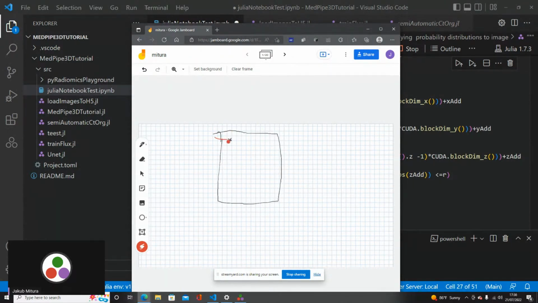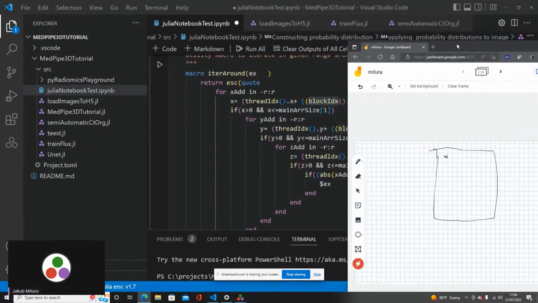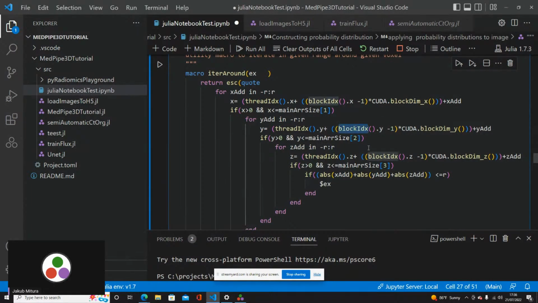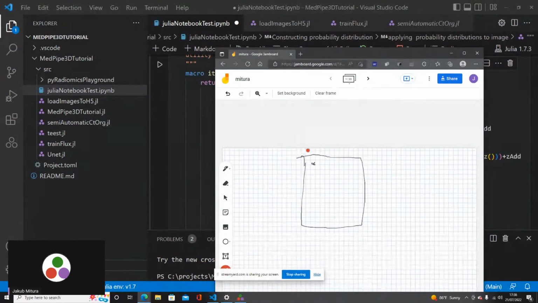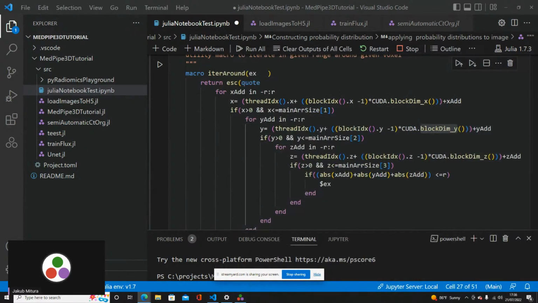So in order to do this, we use this thread ID X, block ID X, block dimension X, Y, and Z. Yes. When we know where we are, we can load the data from around in order to get these sparse statistics from each voxel, as I explained earlier.